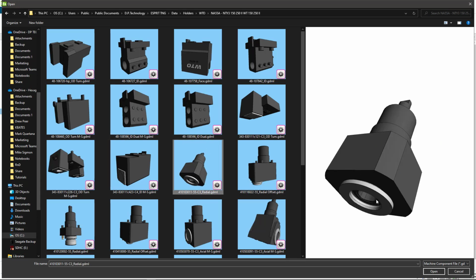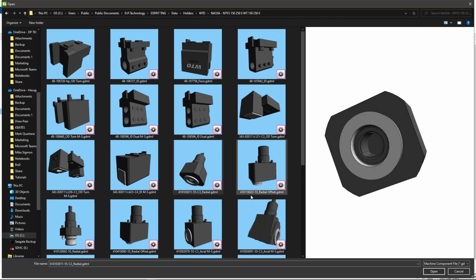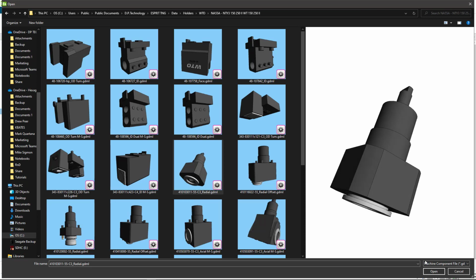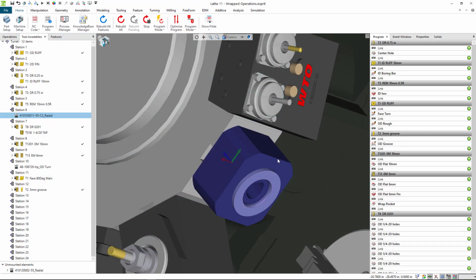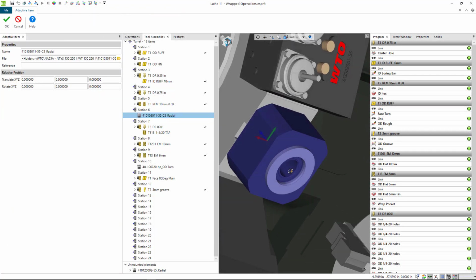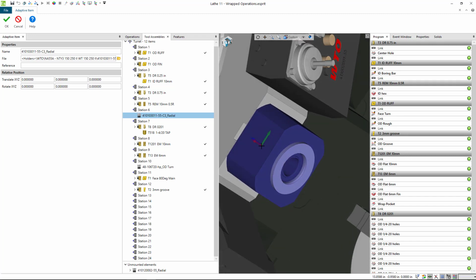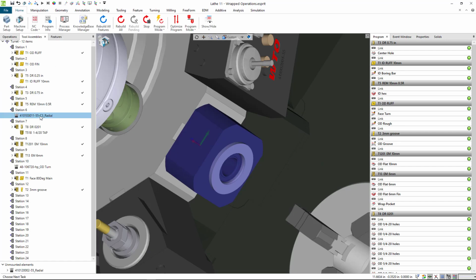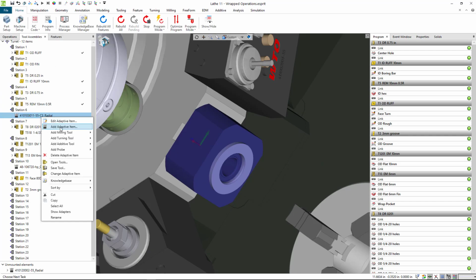So I'm going to pick this Capto. This is a C3 Capto unit from WTO. I'm just going to say open, and that appears on the turret. Again, it's based on the reference positions. We're not going to get into that. So I'm going to say OK to that, and then right click, and I'm going to say add another